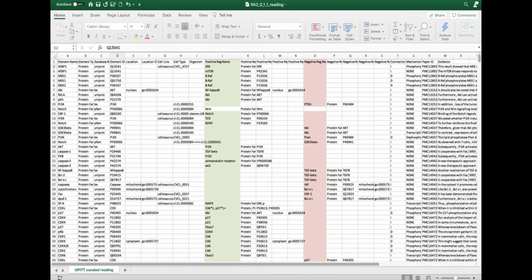Here we show a sample input file to Violin. This file contains a set of LEEs. An LEE is composed of two elements, both of which have been mapped to a unique identifier. One of these elements is upstream of the other. That upstream element or regulator may either inhibit or activate its downstream element. For each LEE, we also have a paper ID and evidence statement.